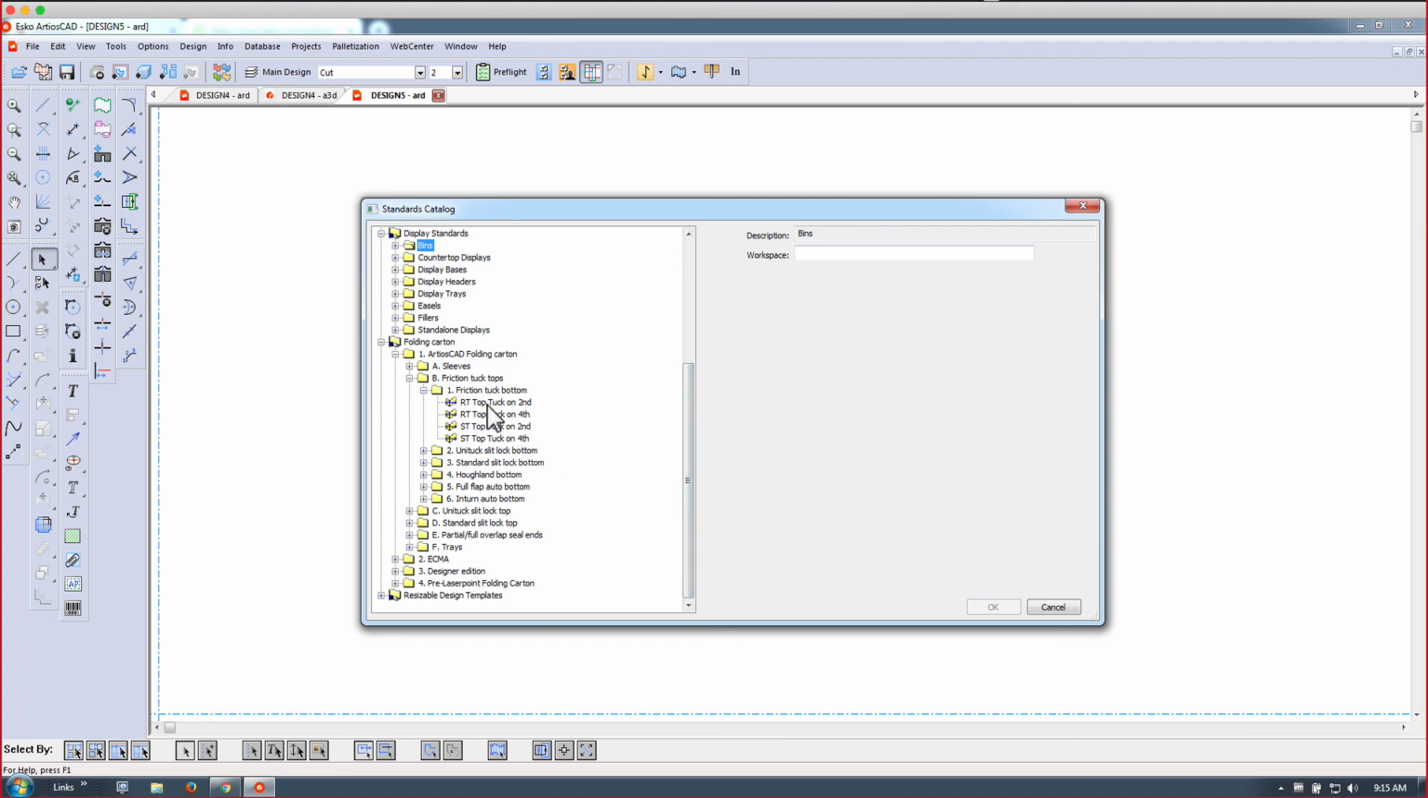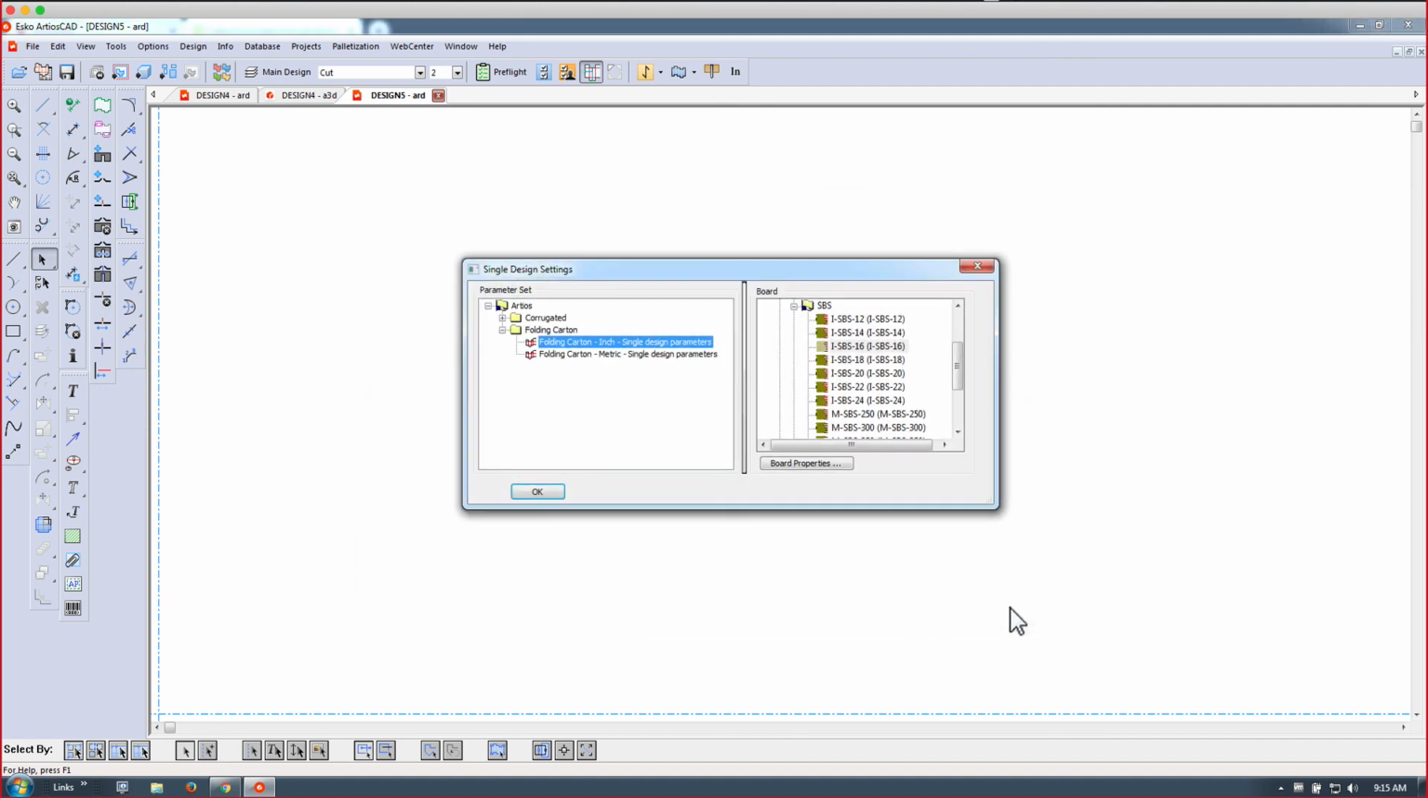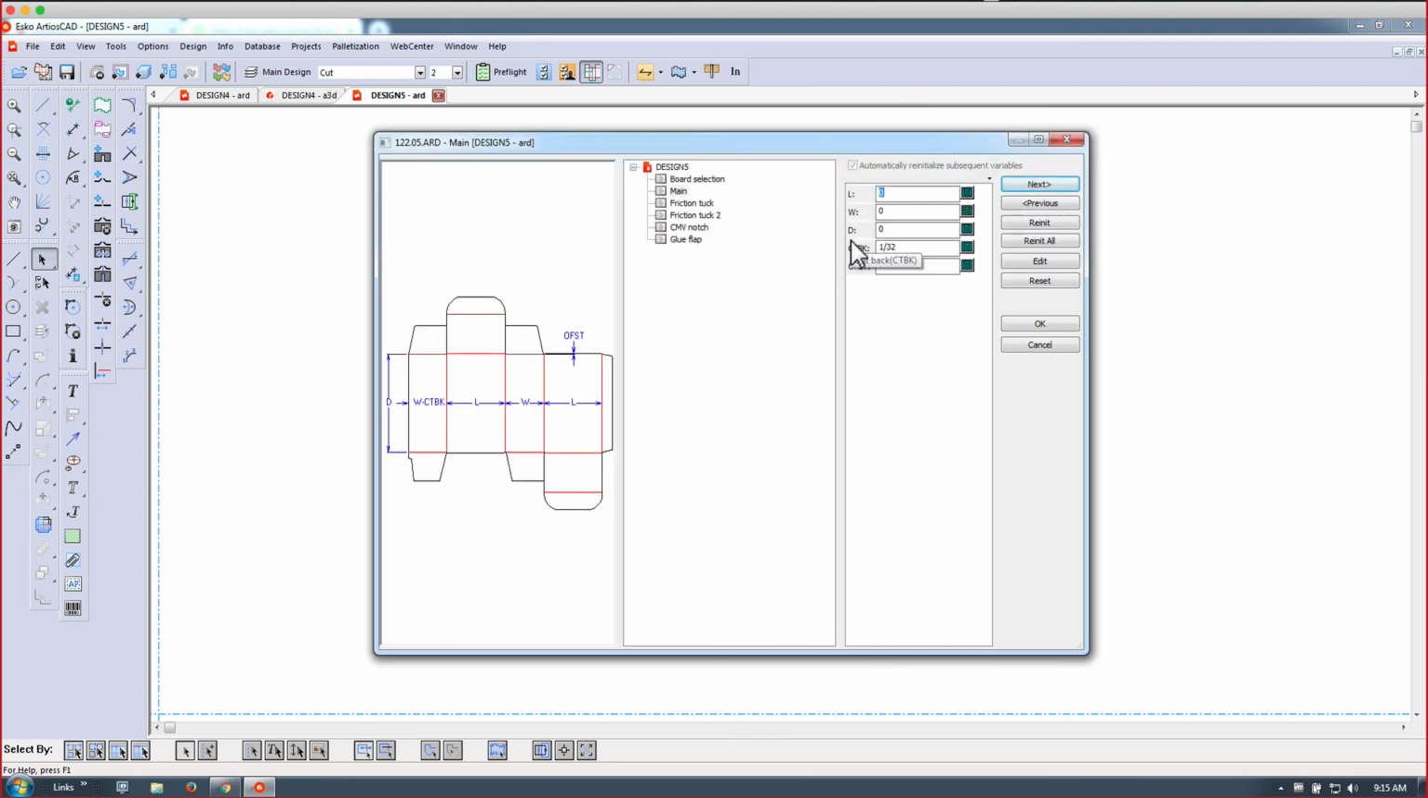That is rather complex because there's a lot of dependencies between different flaps, but it's worthwhile spending time to generate standards if you have repetitive type of designs. So let's go ahead and pick this top tuck on second. After picking my board type, you can see that the